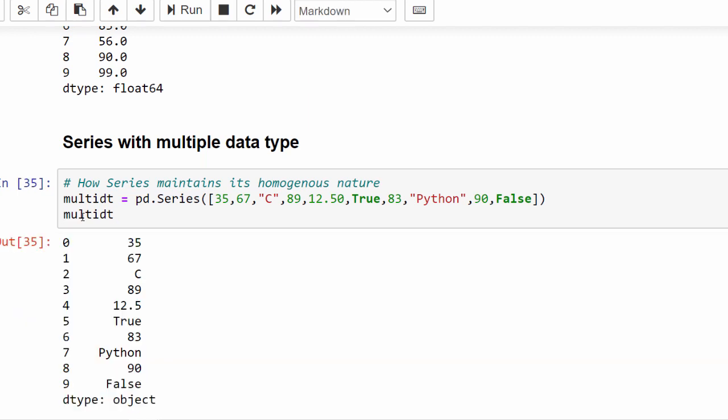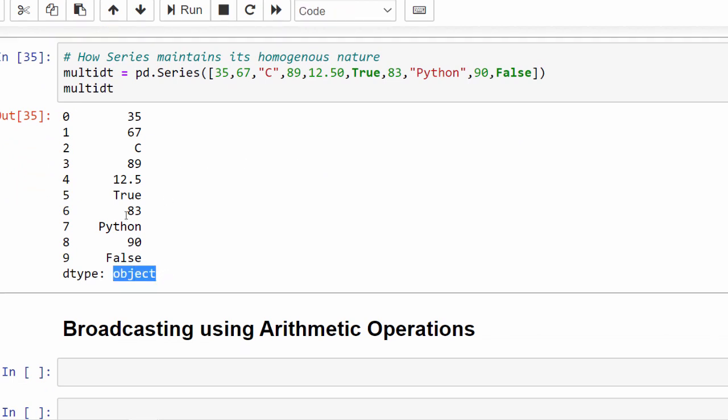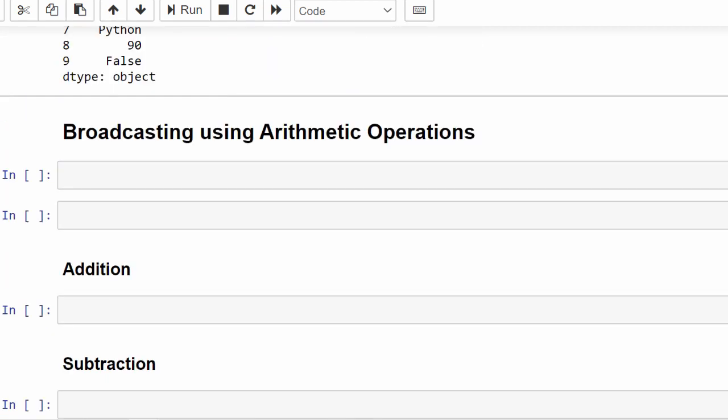Now let's print and see. See here, all the values are displayed. Dtype is object. So when multiple data types are used within a variable, then always remember dtype will be object.